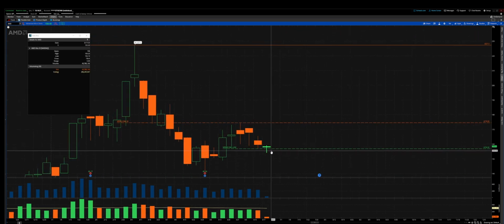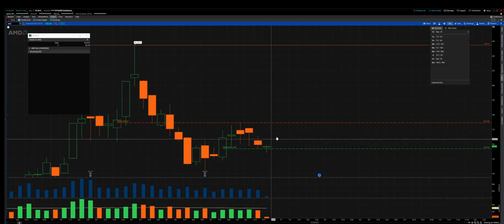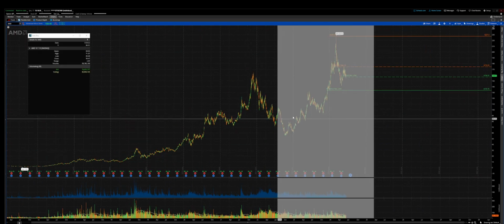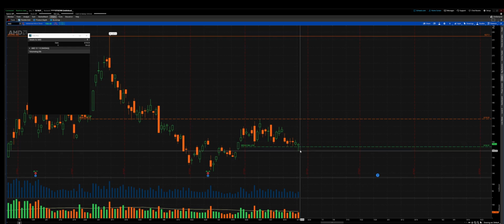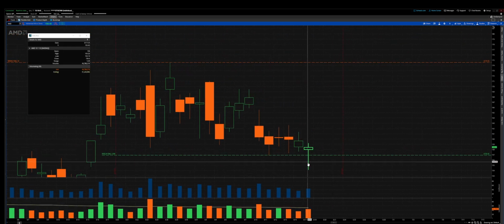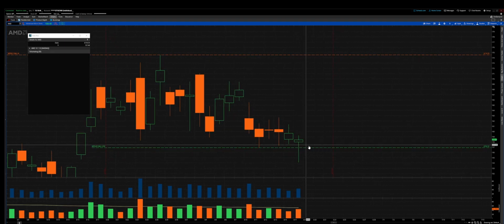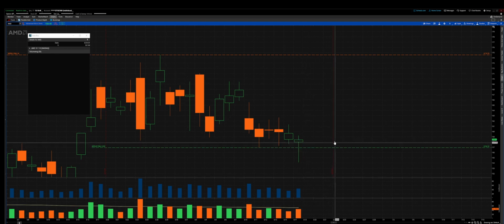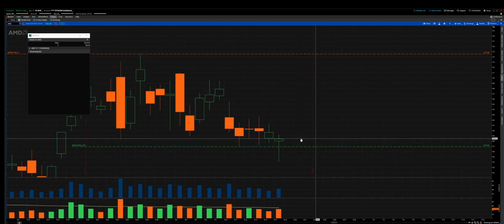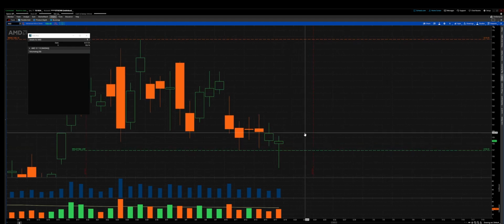But I did like, however, today, after we pulled back, got a little bit of a liquidation break, kind of stopping some people out of their long positions. You can see here on the daily, we pulled back, but you see how we've reclaimed. Yes, we did break that level of 156.92, but we reclaimed it and held above it going late into the day. So come tomorrow, I'll make my decision on whether or not I continue to hold my 175 call